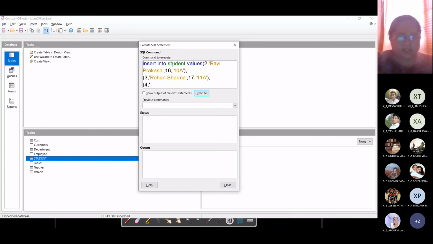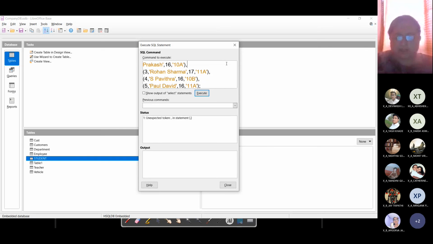At least 5 records should be there in my table. So I have just created 5 records and I'm clicking on execute. Okay, there is some problem with this, right?